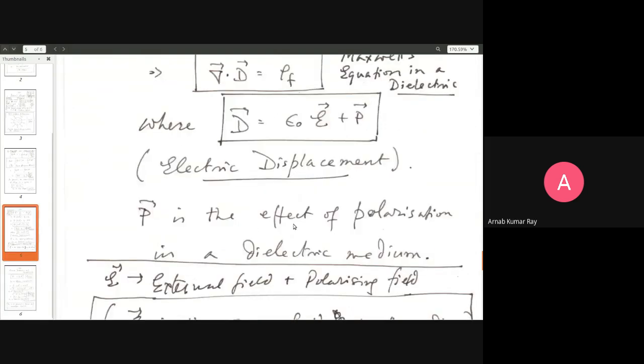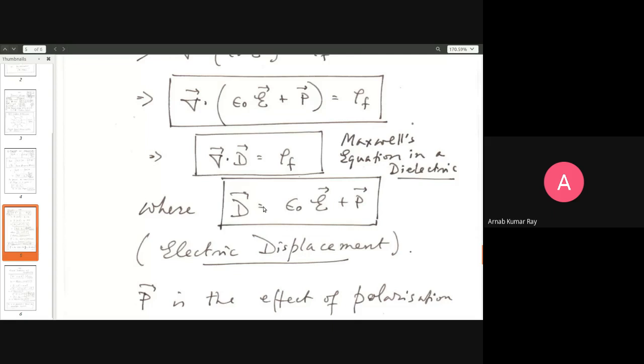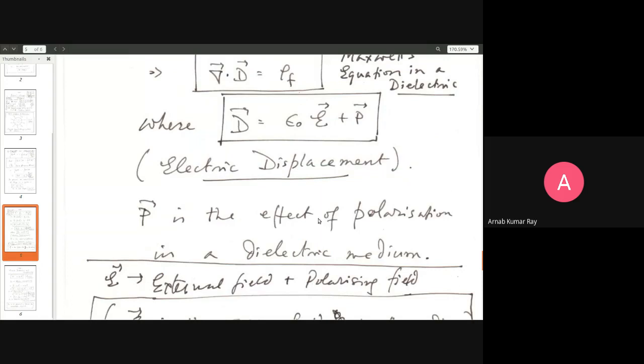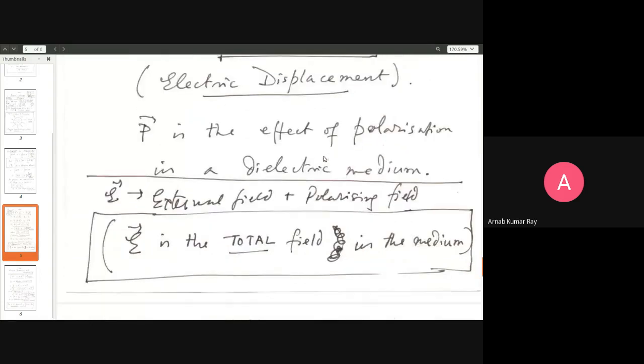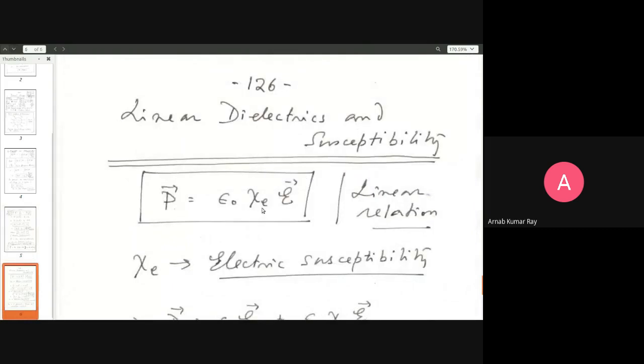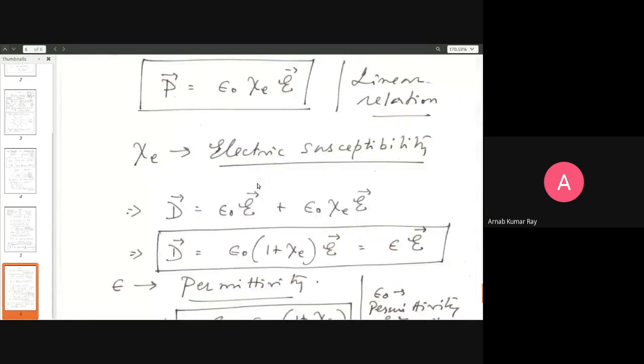So you're just saying that D is equal to epsilon naught into E plus P. P must be equal to, dimensionally must be equal to this. Otherwise, this plus sign between the two would not have come about. So you say that there is a linearity relationship between the two, and the linear proportional constant is chi e. So this is like y equals mx, the variables being P and E, and this is a fixed parameter between the two. So that's the word linear.